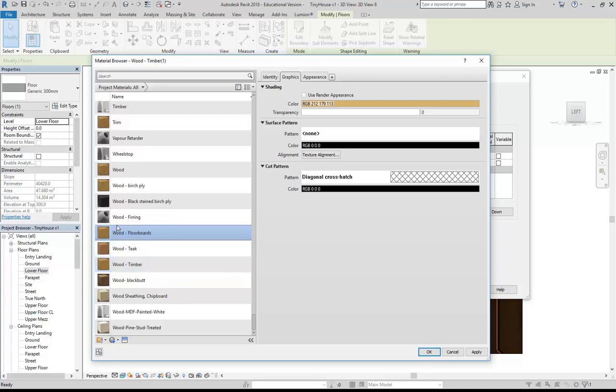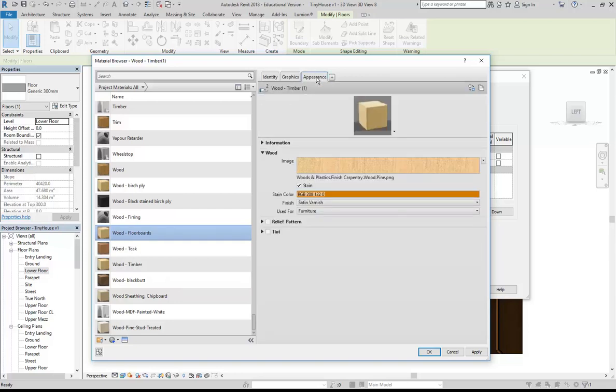Again, this is just for you so you know which is which. And so then I'll go to the Appearance tab, and then you can see here the danger sign. There's a 2 above that hand, so this material is being shared by 2 other materials. So again, always force yourself to remember that you have to do something about the appearance, either duplicate or replace. This time I'll go to Replace,